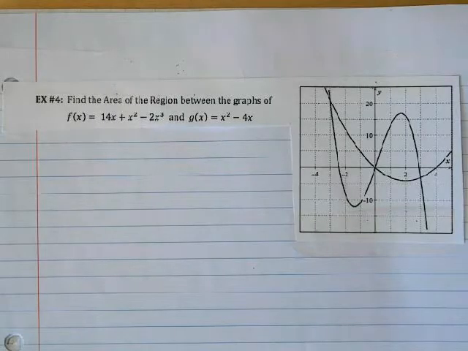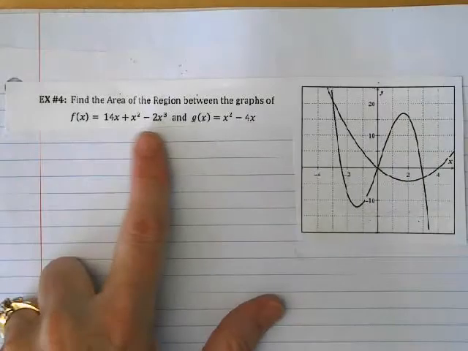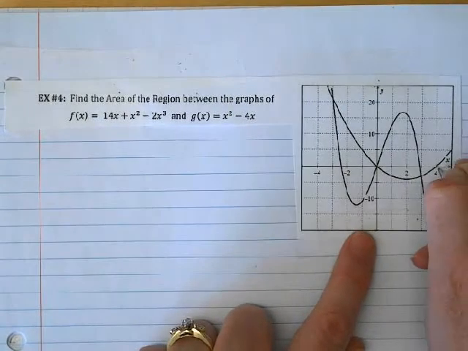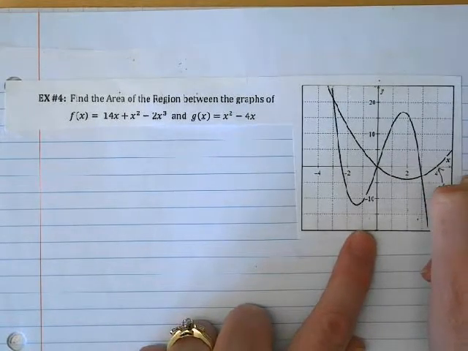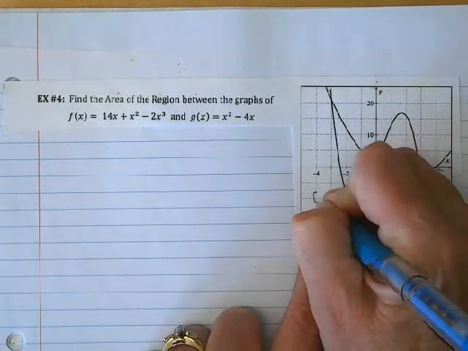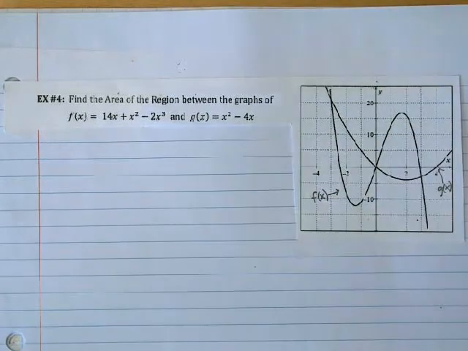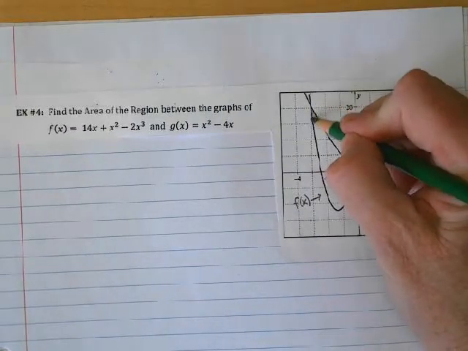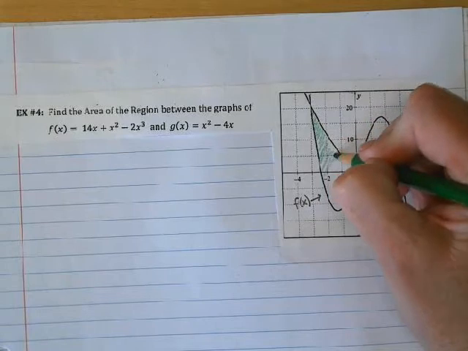Okay, so we're going to move up to example 4. We're going to go back to example 3, but we're going to do them on separate days. Okay, so let's look at something a little bit more complicated, where we have these two functions, f of x and g of x. So let's see, g of x is the quadratic, so that's g of x, and that's f of x. And we want the area between the two graphs. So I'm looking for the area in here,